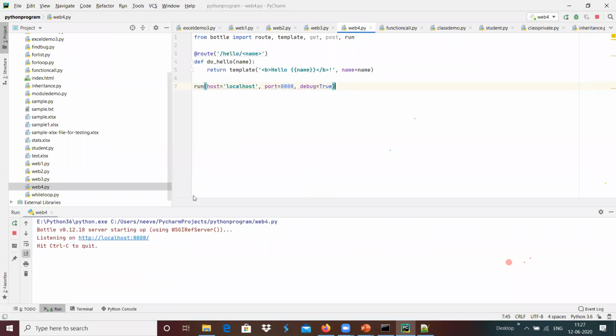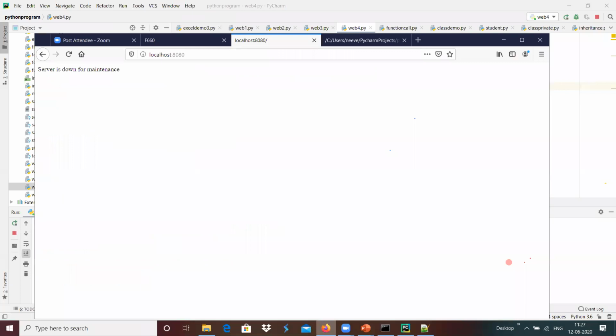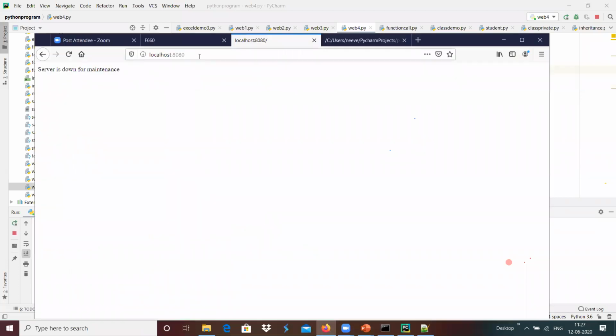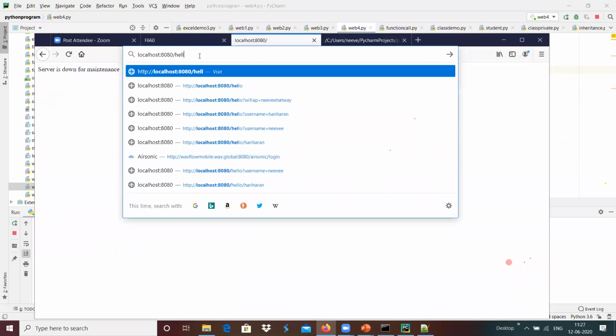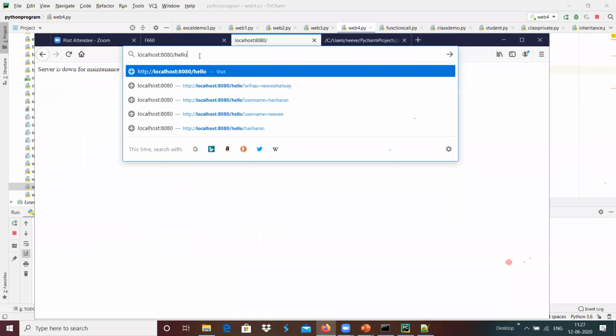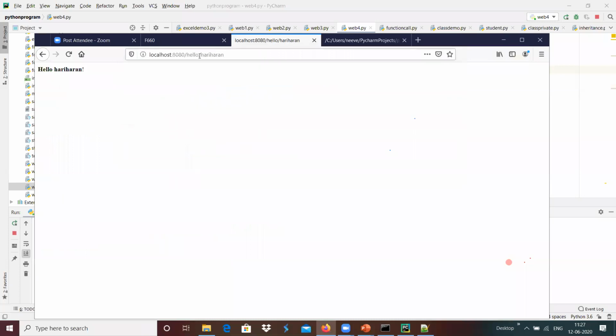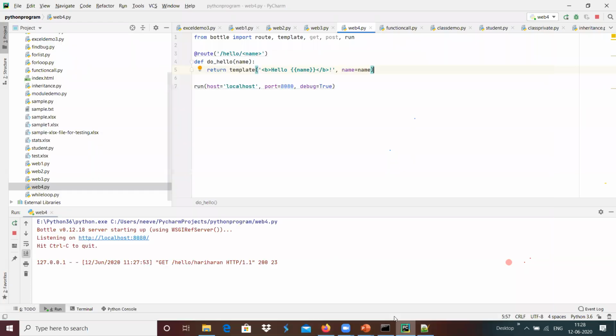It has started on localhost:8080, and we have the route slash hello and name. I'm going to provide slash hello and then the name, maybe Hariharan, and I'm getting Hello Hariharan in a bigger, bolded format that we can achieve with the help of the template.